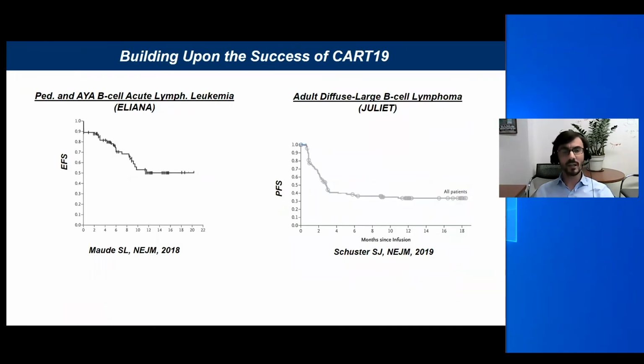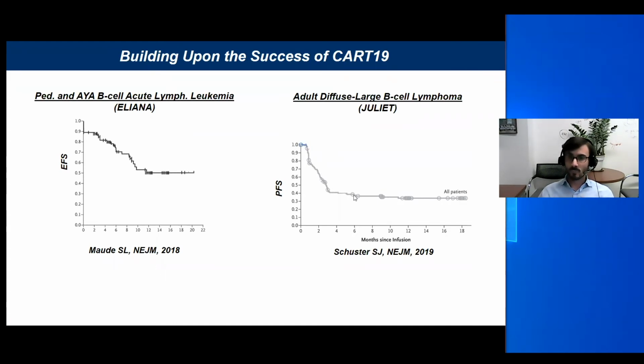But if we look at the curves that led to the approval of Kymriah by the FDA, we can certainly see that the event-free survival or progression-free survival is very good for patients with relapsed and refractory disease. As you can see here, these are patients that would have had a very poor prognosis otherwise. Now we can think that about 50% of them are cured, or we hope they are cured because we see a long-term plateau. And similarly for lymphoma, there are more patients that are not responding early on,